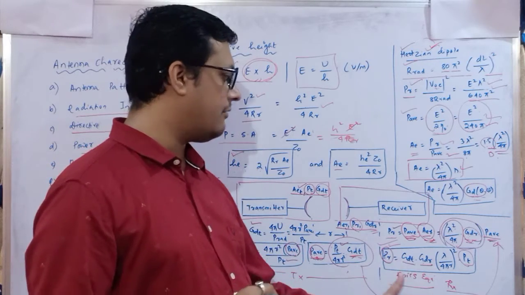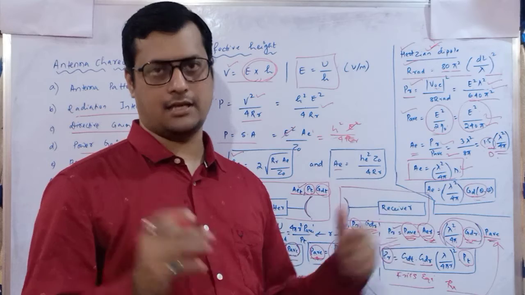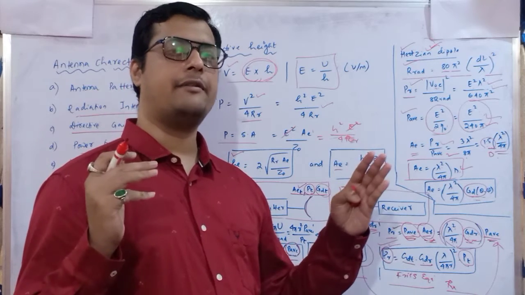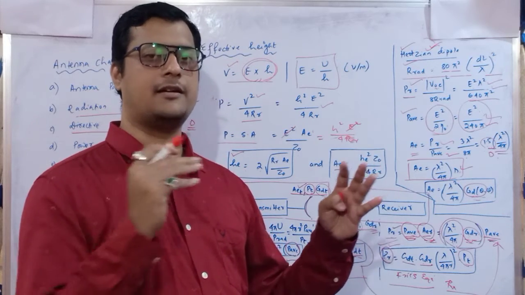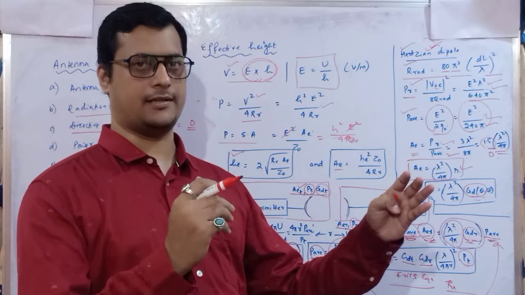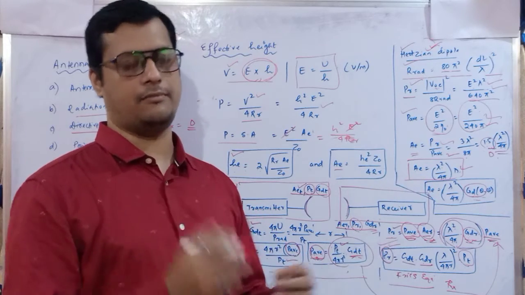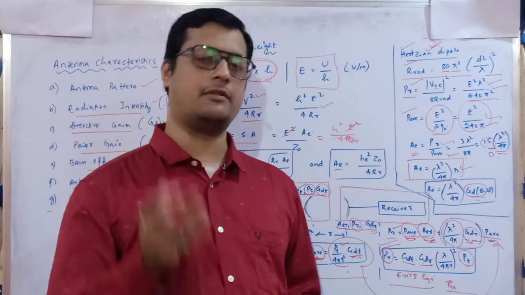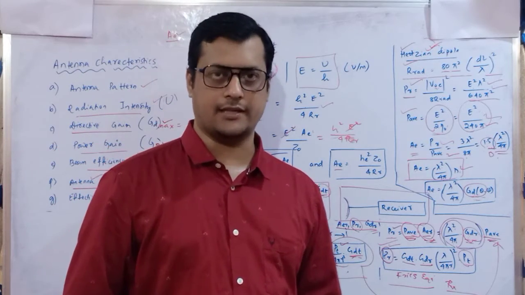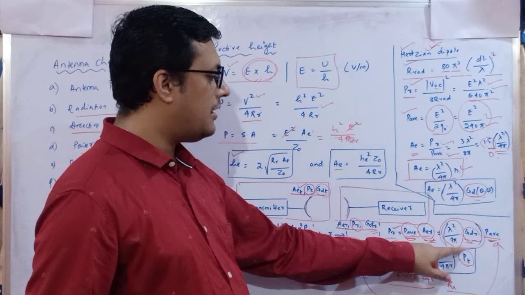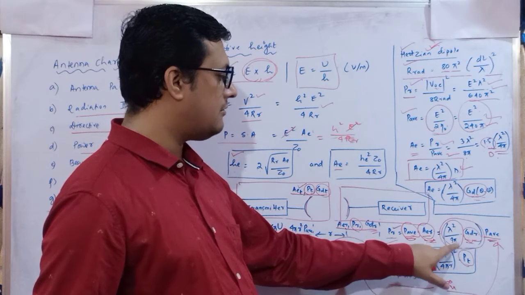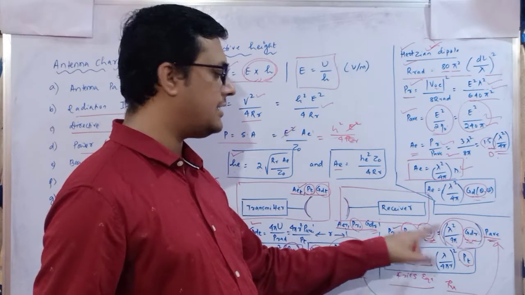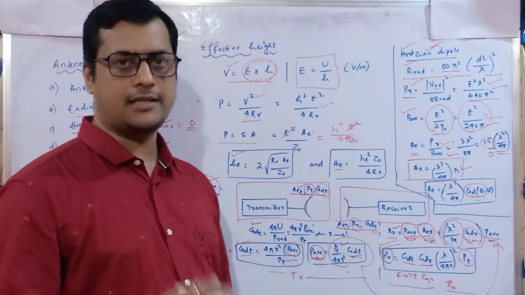So this equation is called the Friis equation. It gives a relationship between the transmitter and receiver sections in a line of sight propagation. If it is not line of sight, losses will be there, reflection will be there. So for maximum information to be received, it must be line of sight communication. Now, how we have determined this, and how lambda square divided by 4 pi into GDR is replaced by AE, we will see now.